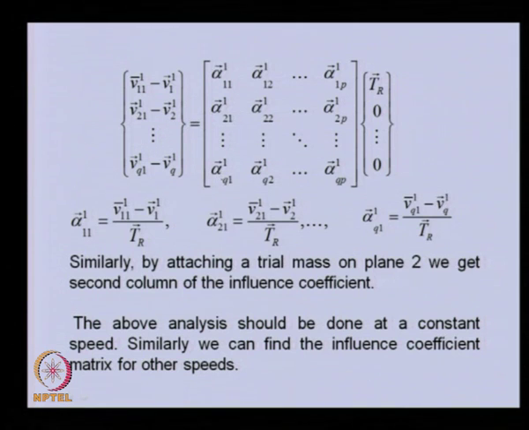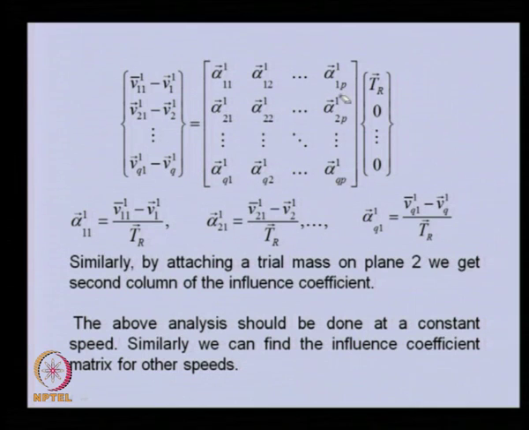So, now in the second step, we will keep the trial mass in the second plane. Then we expect to get the influence coefficients corresponding to the second column for the same speed omega 1. Similarly, we can go up to the nth plane. If we keep the trial mass in the nth plane, we will get the influence coefficient of the last column. This is the procedure by which we get the influence coefficient for one particular